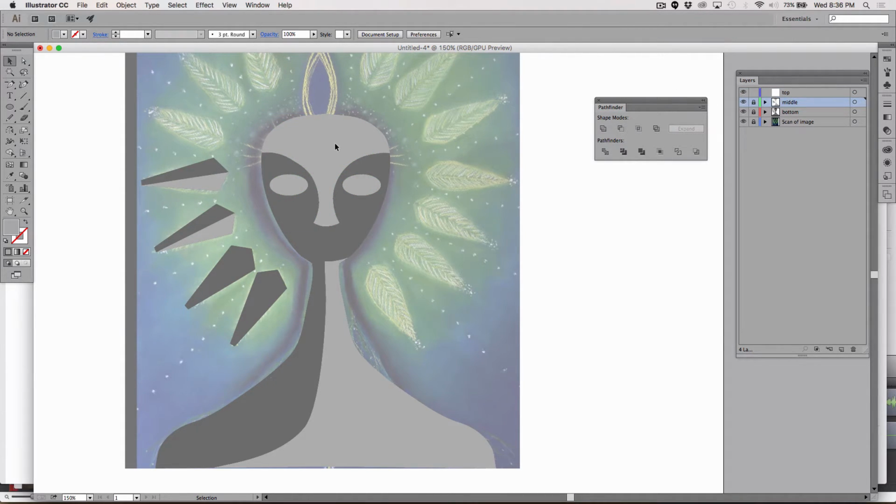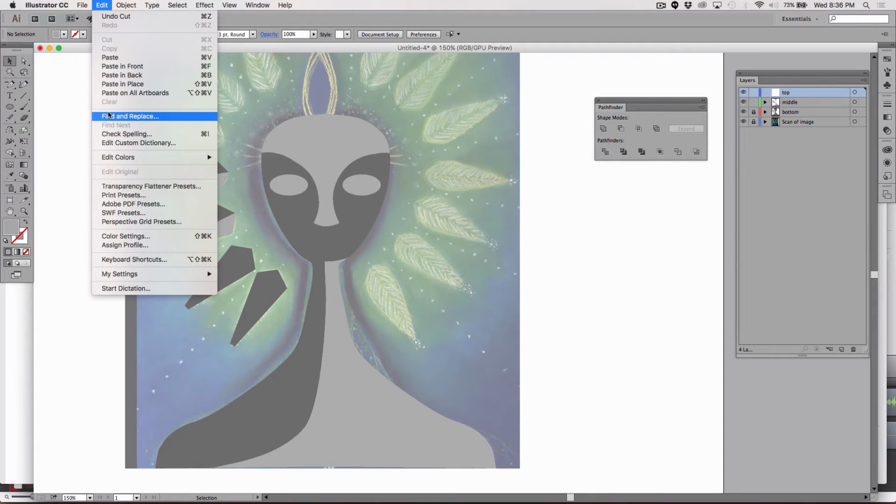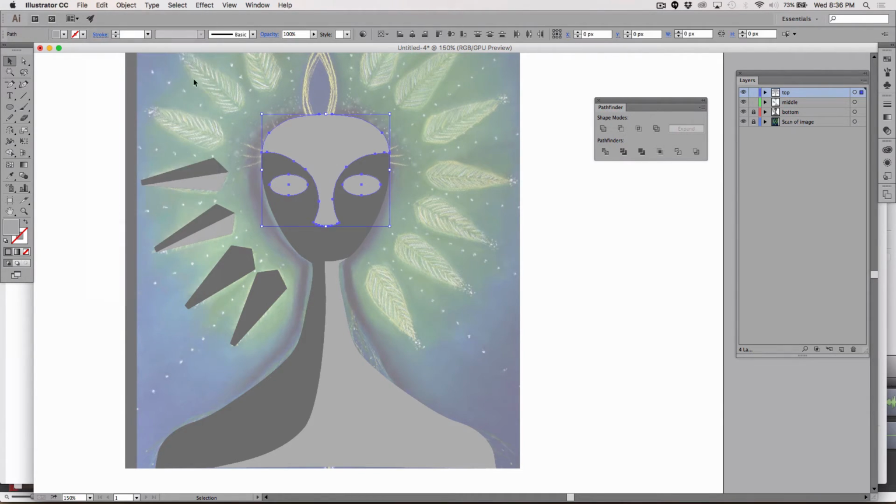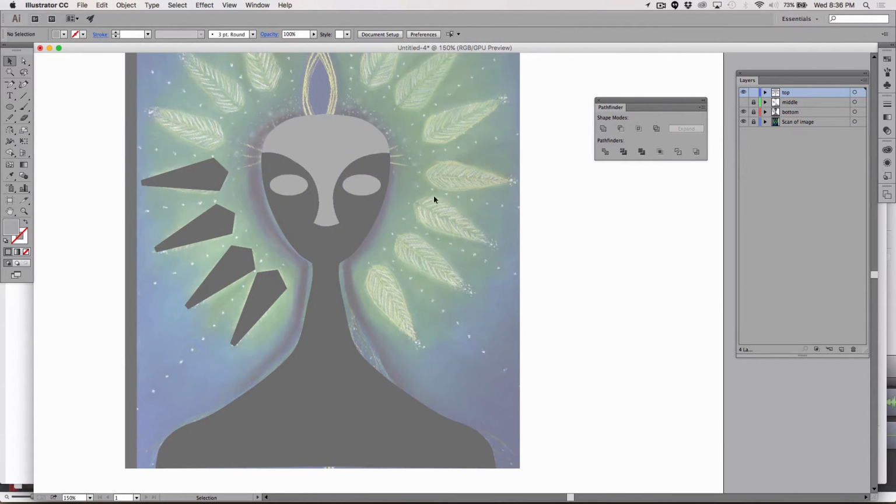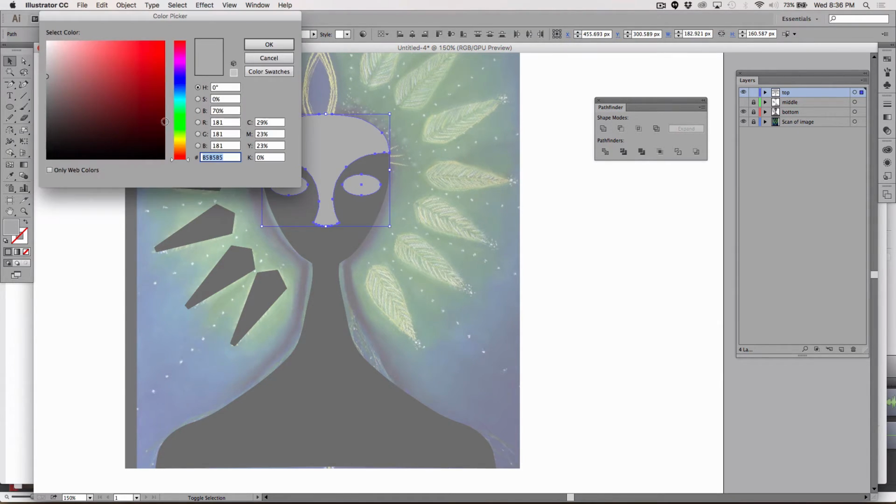I'll lock the middle layer, and then you can see here on the top layer, this piece. Hey, I didn't paste it in the right place. I didn't paste it in the right place at all. I'm going to cut it, click on the top layer, make sure I have actually clicked on the top layer, and now paste in front. Edit, paste in front. I did not click the layer before, and now I did. So now I can hide, lock, and you can see that these are the elements I have left, and select, select, select. And of course, I'm just using grayscale as a way to get started, and just a lighter gray